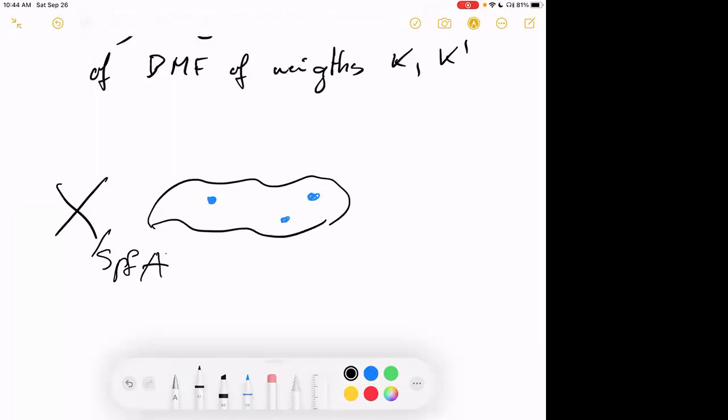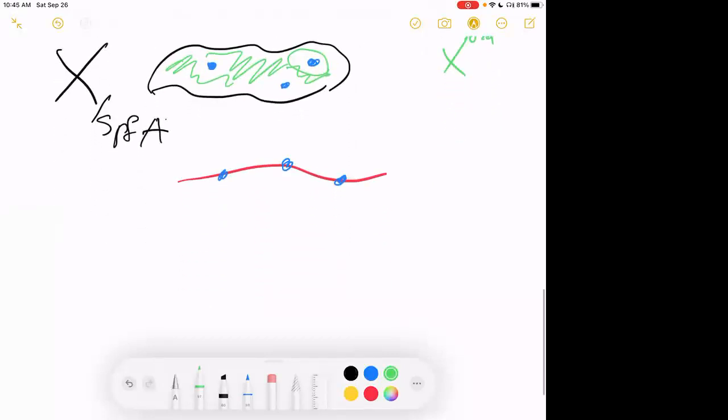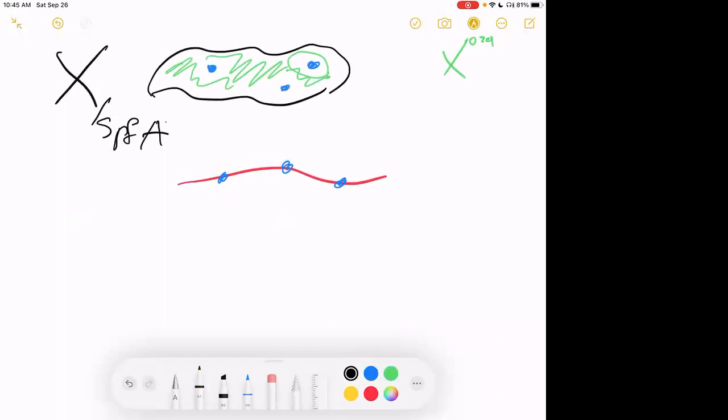So it looks kind of like this: I have a special fiber that I'm going to draw in red. And in the special fiber, I have some supersingular points. And so what I consider is the ordinary locus, X^ord, which is nothing else than the inverse image of everything which is not supersingular. And why is this interesting? Because over X^ord,